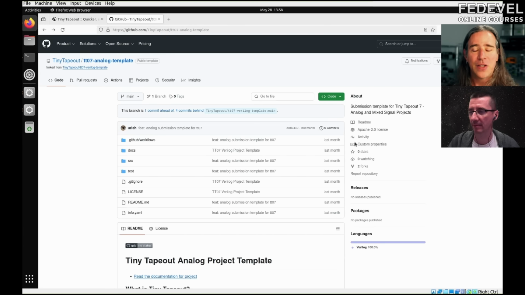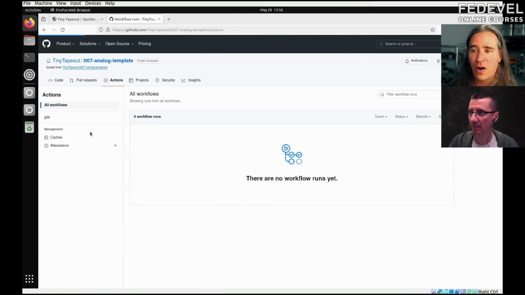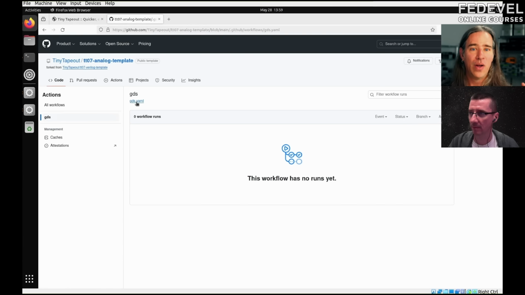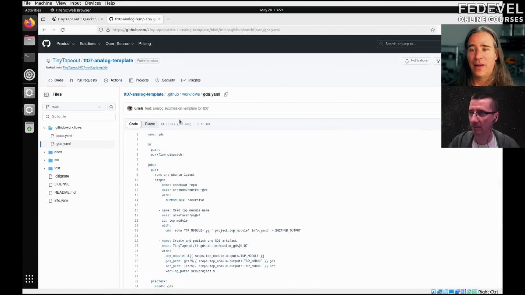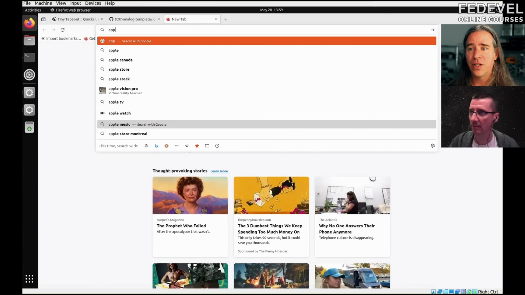Okay, good. So you use this template, you put in your files, you push them, and there are GitHub actions here that do all the things that need to happen. And then it gives you a green check mark. You passed all the LVS, all the checks, all the DRC. From there, it's just